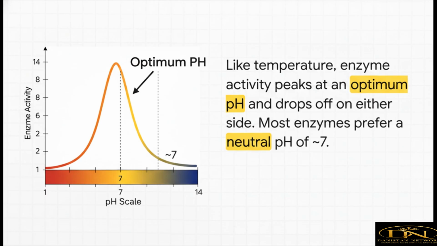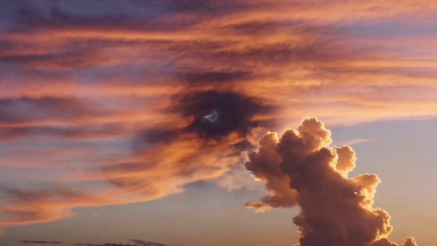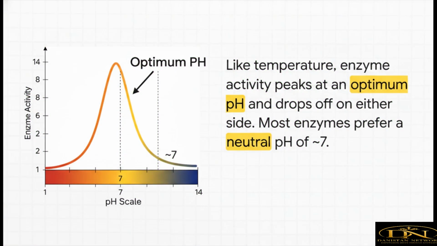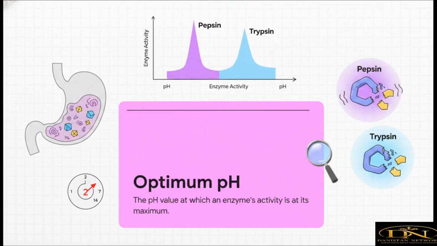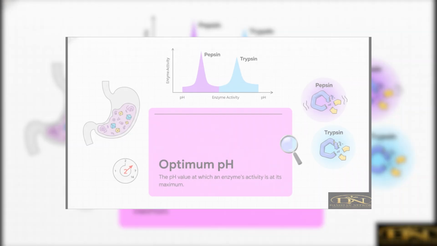For a lot of enzymes, that spot is right around a neutral pH of 7. But you have to remember, every enzyme is a specialist, built for its own unique environment. And that peak performance point is, you probably guessed it, the optimum pH. Now, while many enzymes love neutral conditions, some are built for the extremes. For instance, the enzyme pepsin works inside your stomach, which is incredibly acidic, so its optimum pH is way down